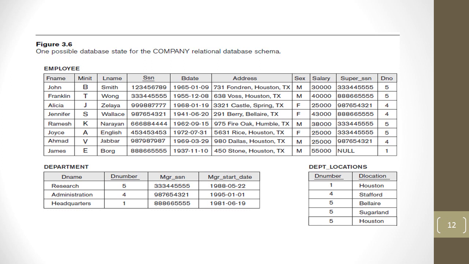And you can see there's duplicates. There's 3 that have the number 5 in the department number there. Department location, though, combined with the department number is unique. So if we look at those 5, they all have different locations: Bel Air, Sugar Land, and Houston. So the combination of those 2 together